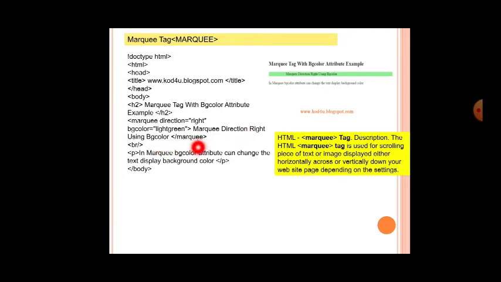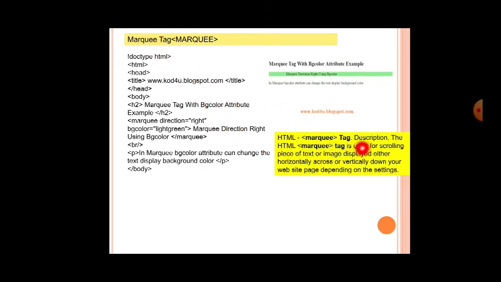So it's a container tag. It is nothing but the scrolling tags. Everyone has seen on websites, right? Some text will be scrolling from the left side, scrolling from the right side. So it has been created using the marquee tag. You can just see here marquee direction right. So this is a tag which will be scrolling. The tag that scrolls on the web page is nothing but the marquee tag.